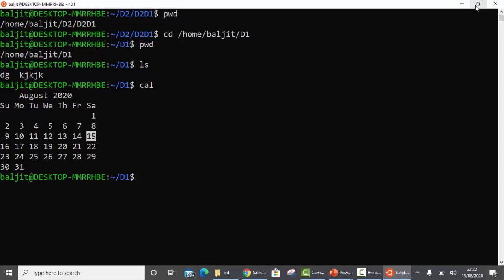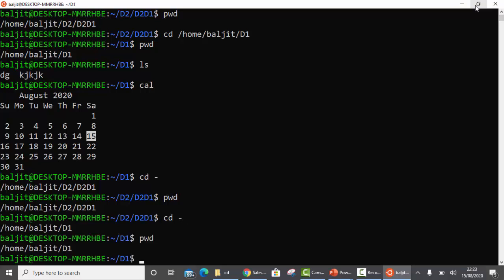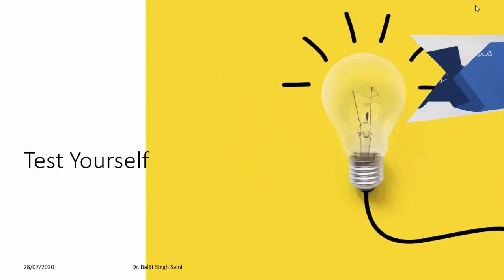So what you can do is simply write cd minus, and now you will change back to /home/Baljeet/D2/D2/D1, from where we shifted to the D1 directory. Again, if you write cd hyphen, you will shift back to the D1 directory. So cd minus is going to take you back to the recent directory from where you shifted to the current working directory.